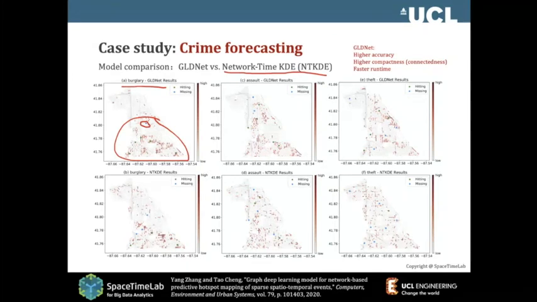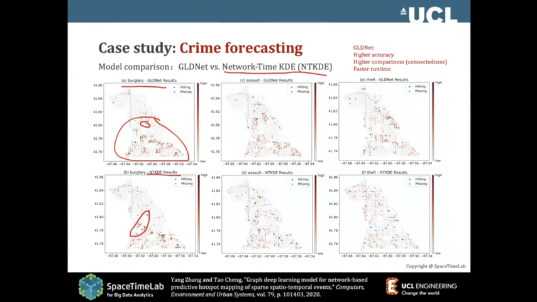So our hit rate is 5 out of 6. That's our approach. Then when we look at the network-based KDE, half of them out of 6 are missing, so this hit rate is 50%. 50% is a very good outcome, but 5 out of 6 is even better, isn't it?